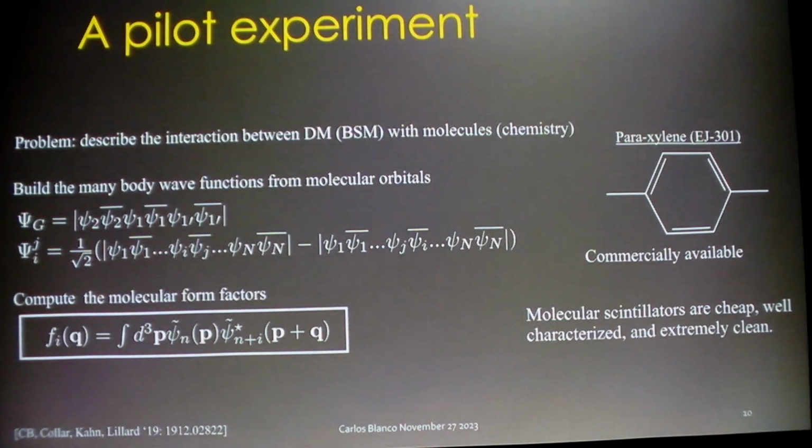Okay, so 3 years ago we had a pilot experiment in Chicago where we looked at this molecule paraxylene, which is a commercially available scintillator. And a colleague of ours, Juan Collar at the University of Chicago, knocked on my door and said, look, we got to determine what kind of dark matter we can go after, how dark matter is going to interact with these simple molecules. And so we got to work writing down what the molecular orbitals look like, what their states do, and how you can absorb momentum through these things. And we found out that it's actually a pretty straightforward calculation, and so we went from theory to actually experimentally deploying this thing.